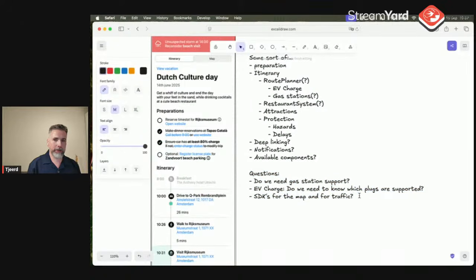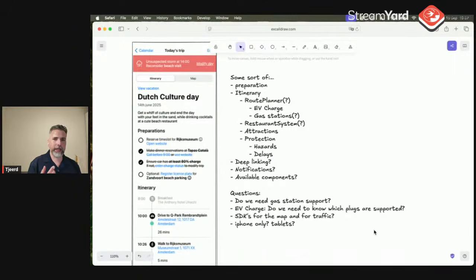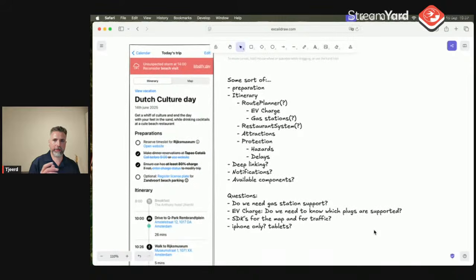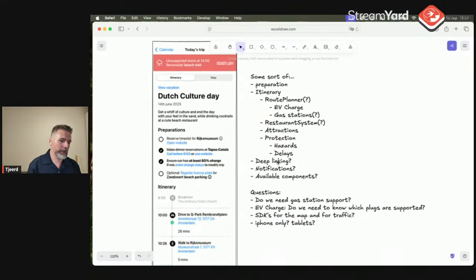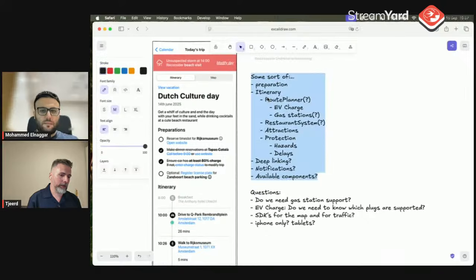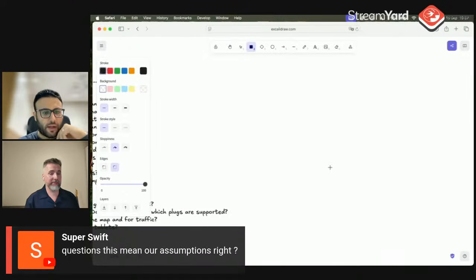And maybe also other questions we can come up with, like, is it iPhone only, or is it also tablets? There are more questions we can come up with. But what I would do now as the next step is I have figured out already a bit more. Before, I would have a strong UI focus. But what I would do now is look at what I figured out. I have these sort of systems, and how would this turn into an application? So now I would start sketching.